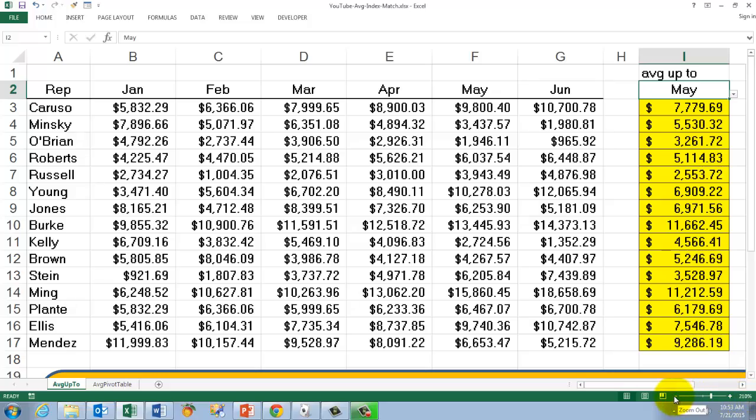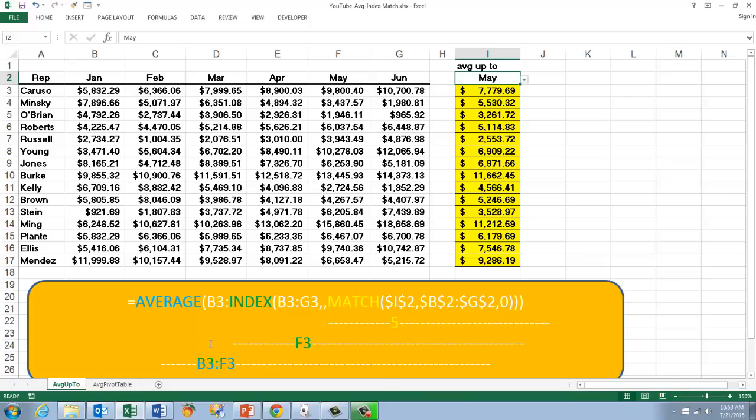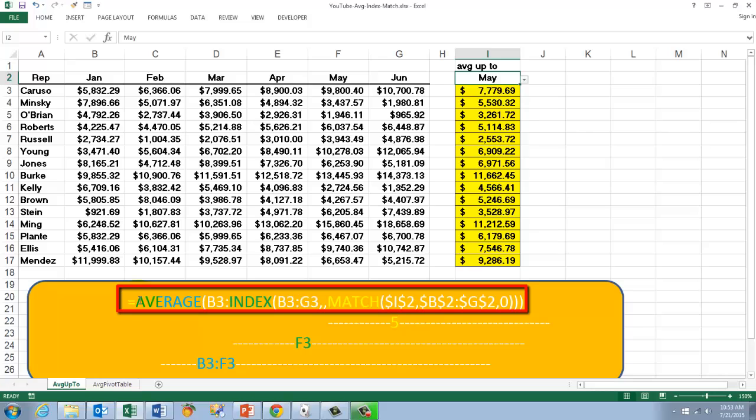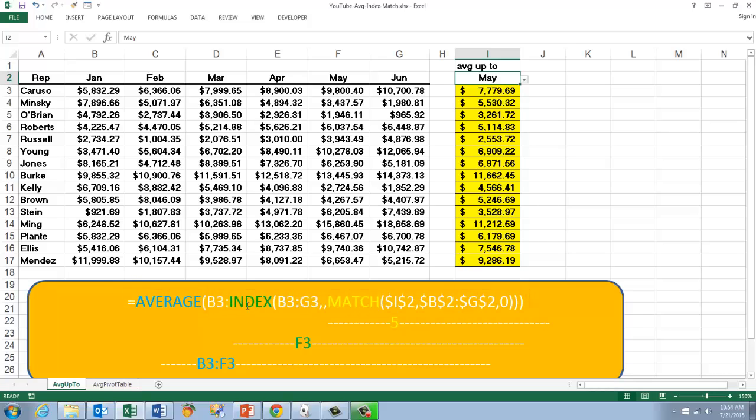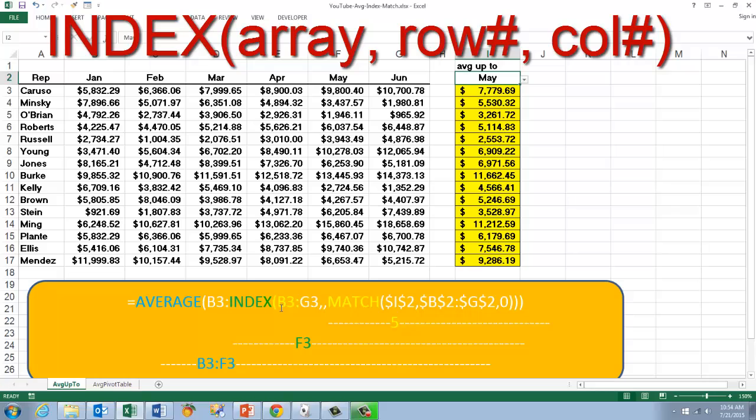You need three functions, two of them nested into the first one. I used average, but you can also use sum, etc. So it takes the average of B3 through, how do we find that, should be F3? B3 through F3, that is where the May total is. So we use the index function. The index function looks in the range B3 through